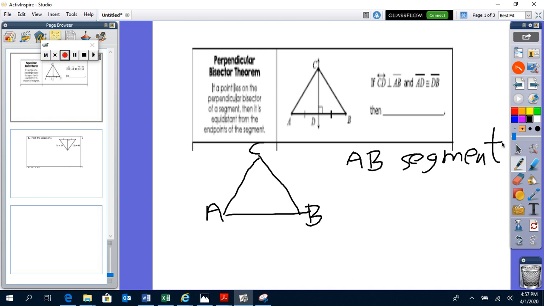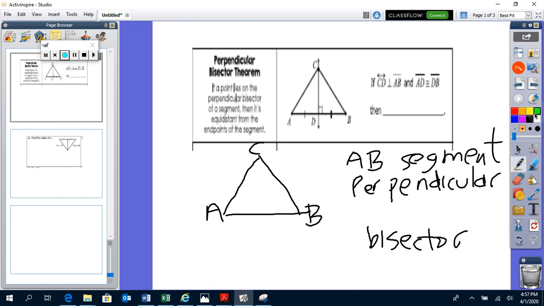That's a line. And the perpendicular bisector of the segment, what does that mean? Well, it means we draw a line, so perpendicular bisector. So perpendicular means that the line is 90 degrees to AB. Let's draw the perpendicular bisector in. So this is 90 degrees, right angle. And bisector, it means it cuts